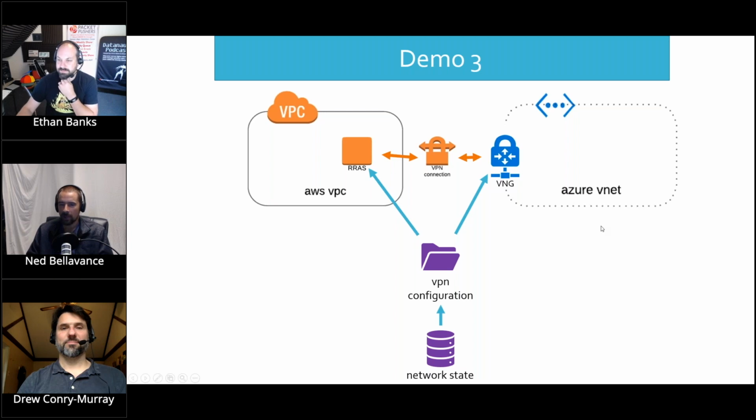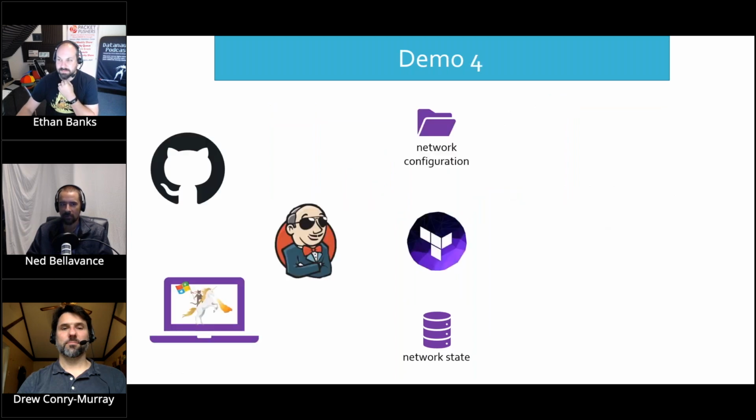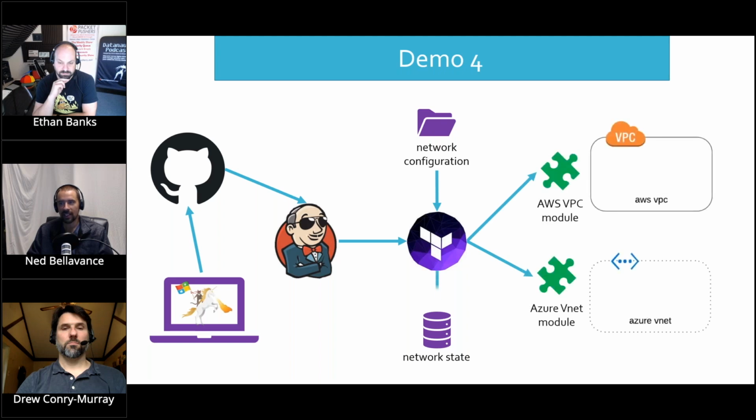I did have one more demo, but I think we're pretty much out of time. But if you wanted to run this demo on your own, it's pretty cool. It checks stuff into GitHub. GitHub gets pulled by Jenkins, and then Jenkins deploys your network configuration via Terraform and drops it in a remote state. So if you're in the automation space and you're looking to automate your network deployments, Jenkins has a Terraform plugin. If you're not familiar with Jenkins, it's a CI/CD, continuous integration, continuous deployment tool, and it has the ability